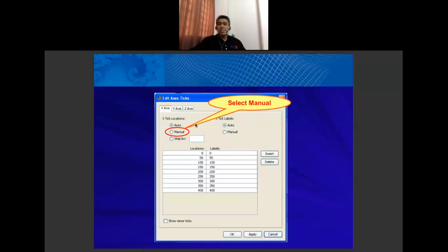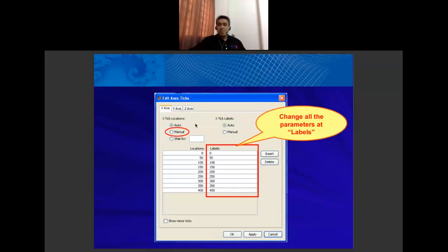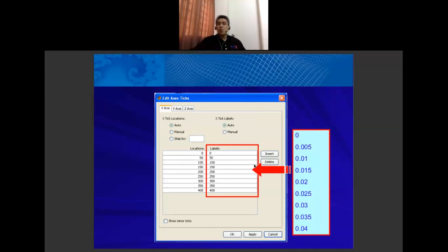Then you can change all of the parameters at labels. We know that our simulation time is from 0 to 0.04, so you can change all of the parameters at label. So just insert new values.